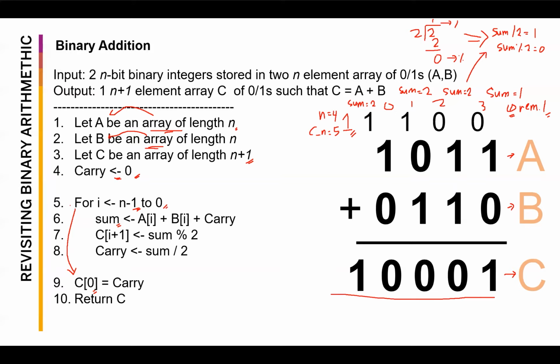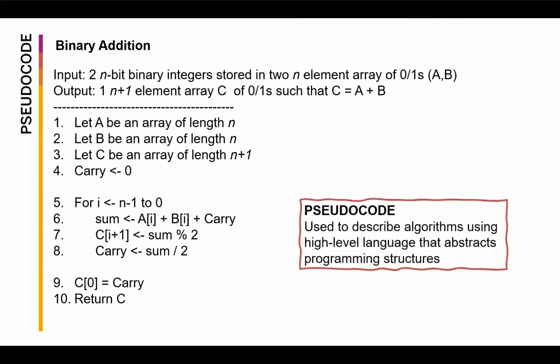But this thing that you're seeing here is actually what we call a pseudocode. It's used to describe algorithms using high-level language that abstracts programming structures. So we did not indicate any Python library. We did not use any C# or C++ library. And we even used an arrow sign to represent assignment. So our usual C equals 1 will become C left arrow 1 when we write pseudocodes. That is to abstract it from programming specific notations